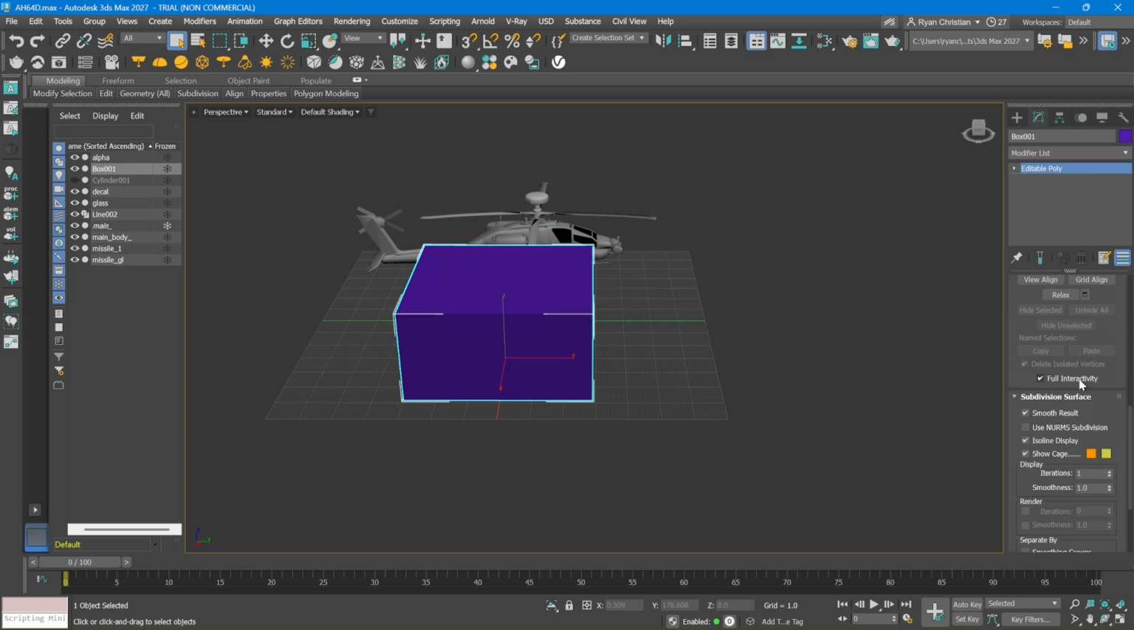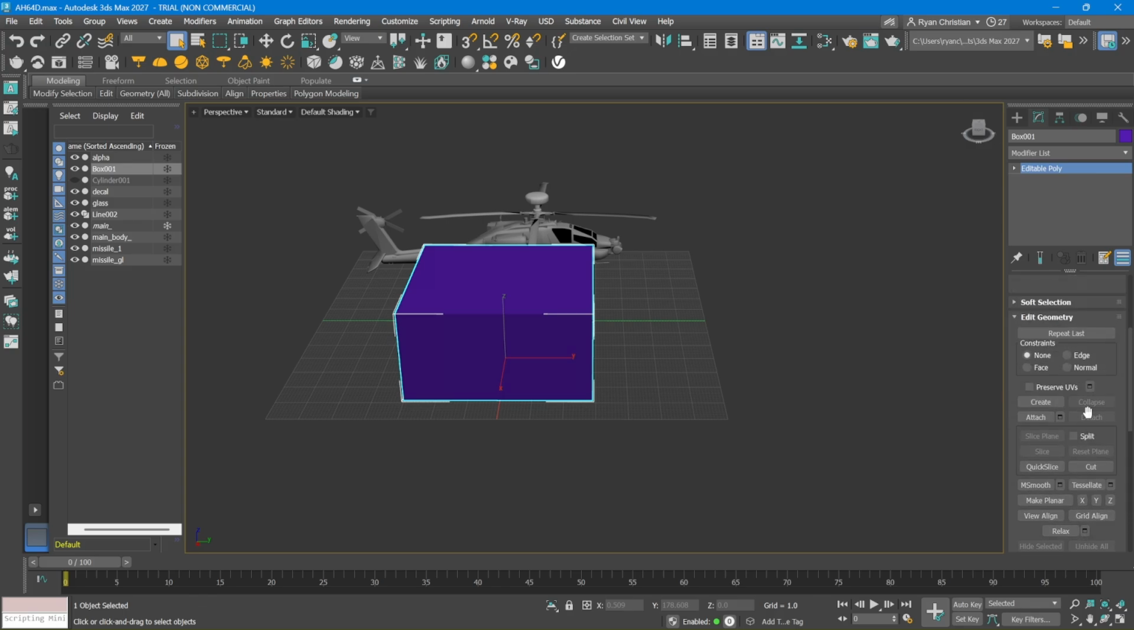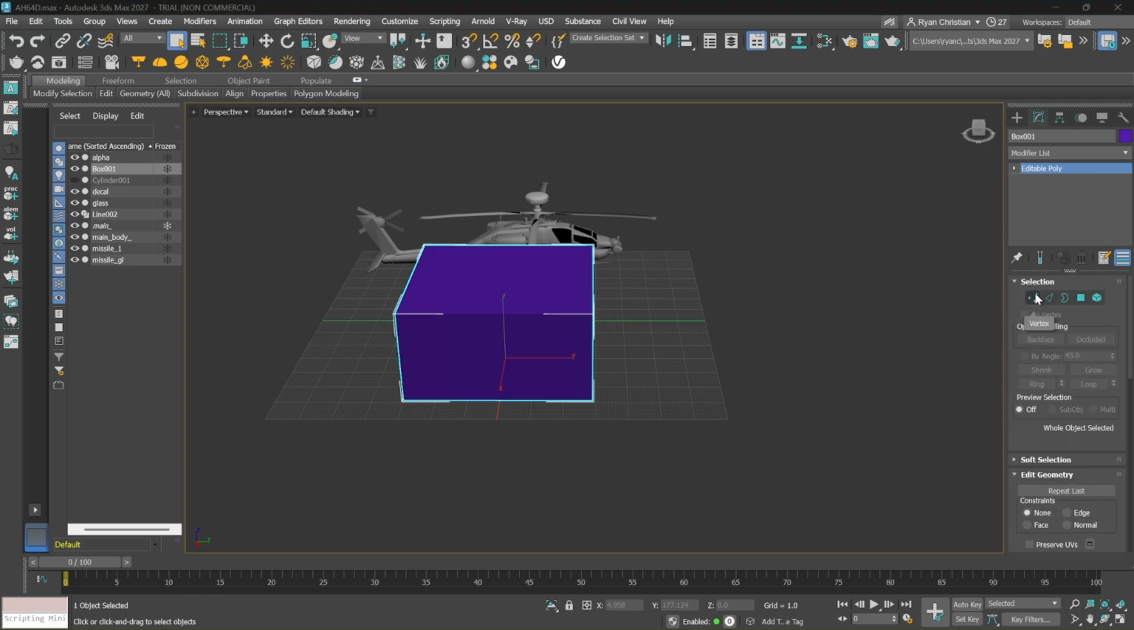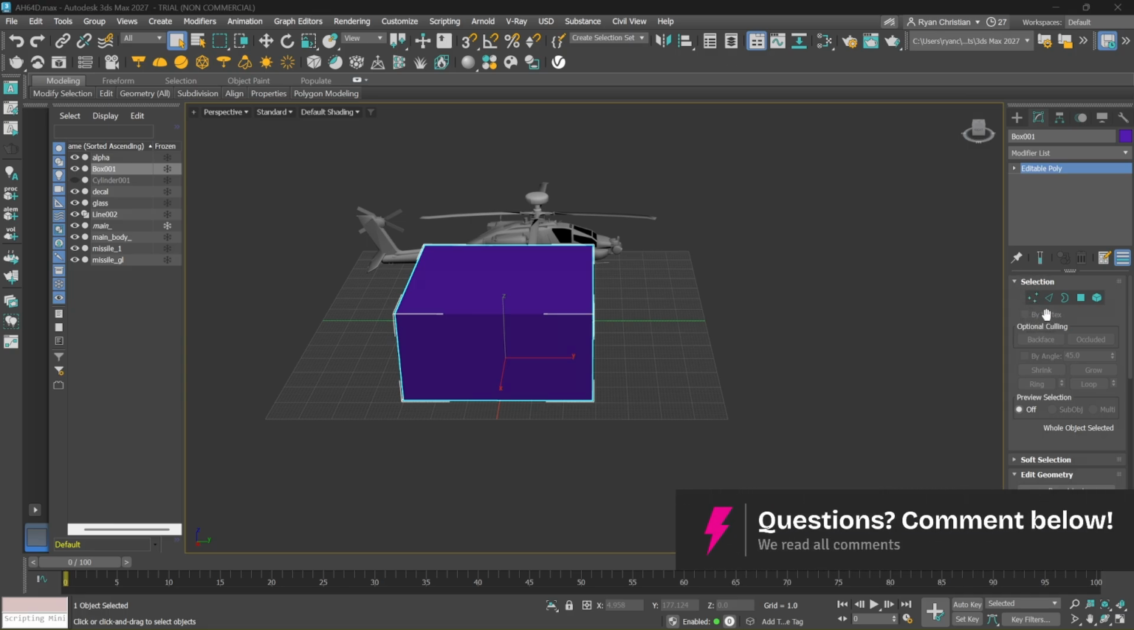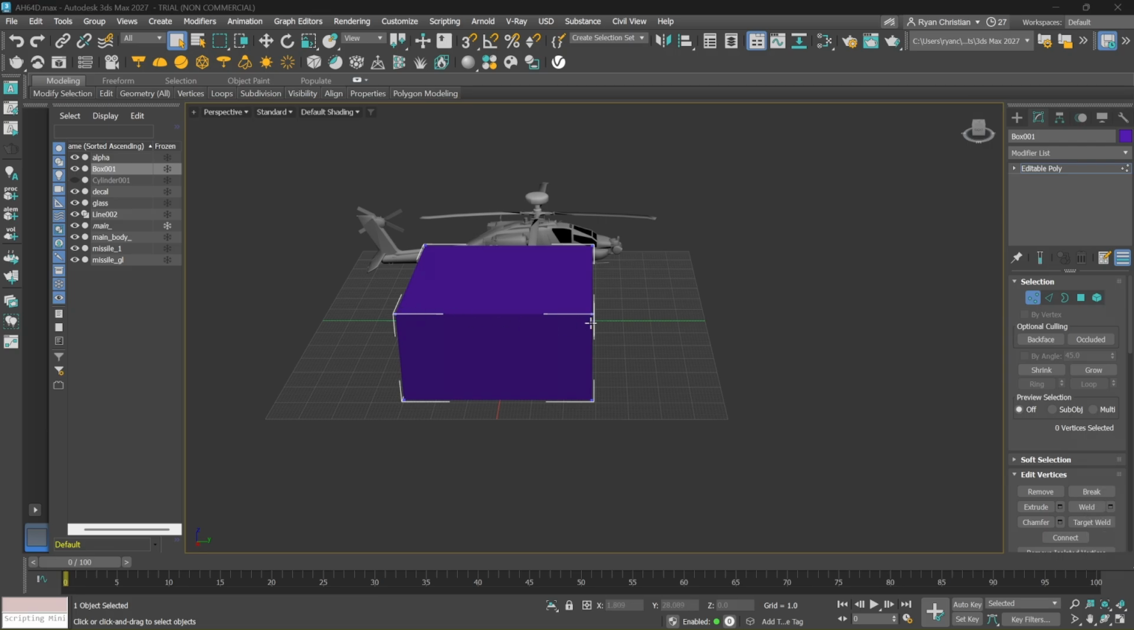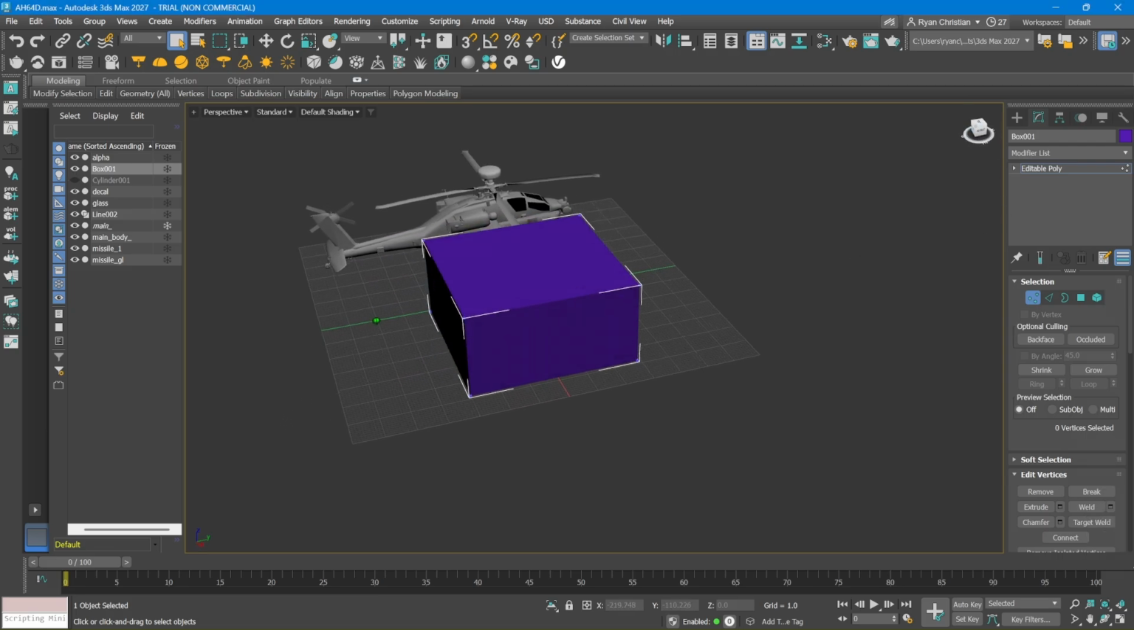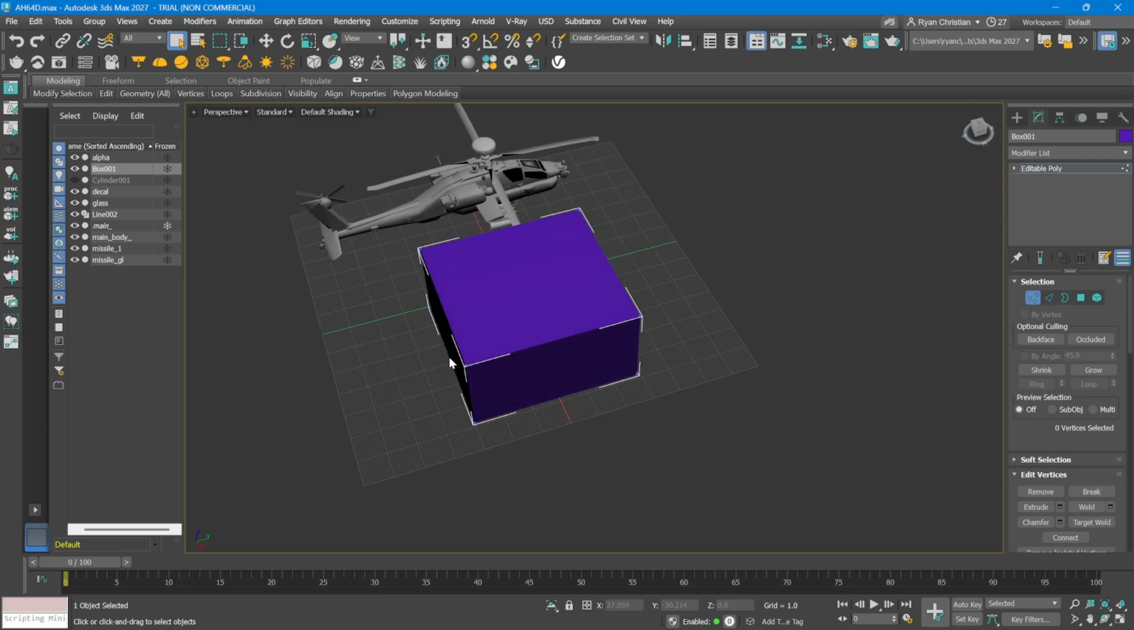Now at the right panel, we should have this icon, vertex, under selection. So you're going to want to click on it. Let's say we're going to connect these two right here. Again, these two. Now what you'll do, while we have the vertex selected, is